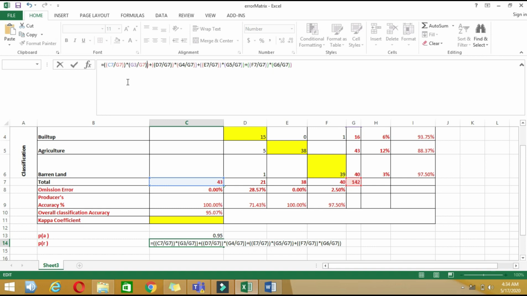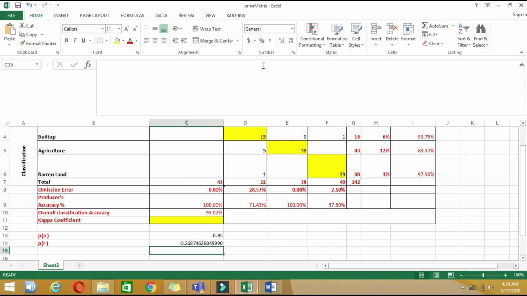Let's see where we missed. So this looks okay. Then you multiply by this. Close this whole bracket, then add it. So an extra bracket here, an extra bracket here, then an extra bracket here. Press enter. Now we have calculated this random accuracy.